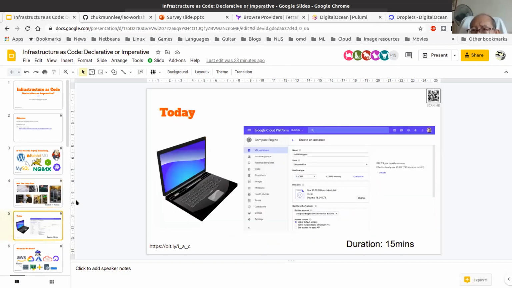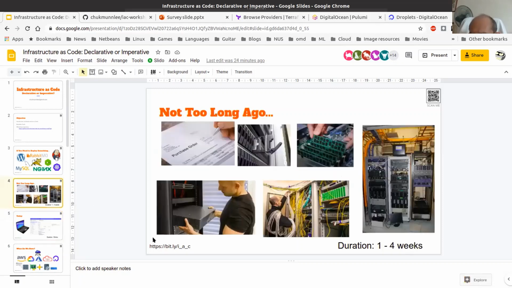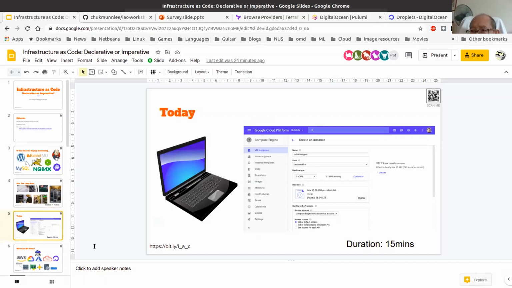Today, what you really need to do is this. You need to get a browser, go and sign up with one of the cloud providers, GCP or Azure or AWS or DigitalOcean, and open your browser, right? Give your credit card, just go to the browser, click, right? And then you get your infrastructure provisioned in about 15 minutes. So that's a really, really big difference, from a few weeks to 15 minutes.